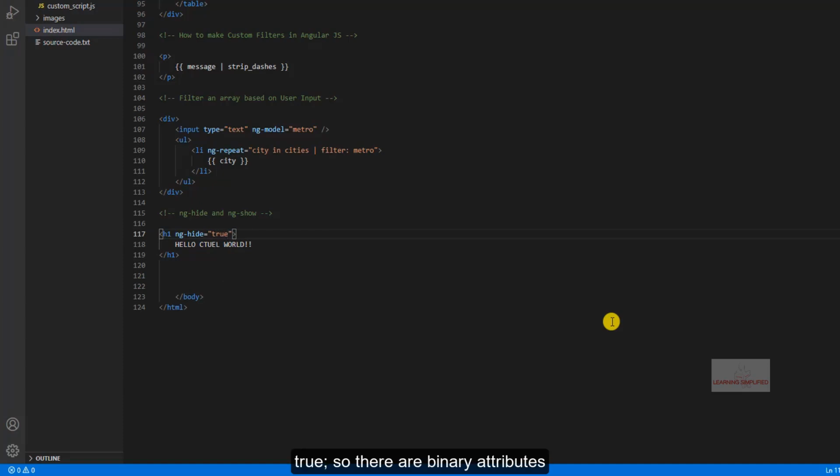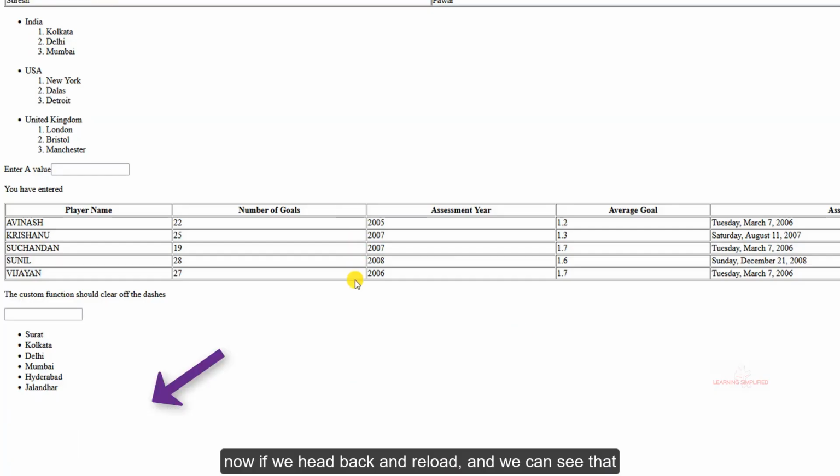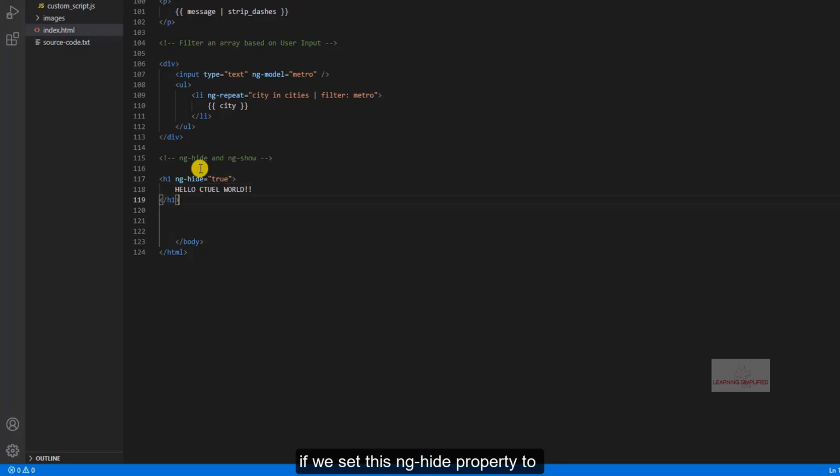If we set this attribute to true, so there are practically binary attributes that we can make use of. Either we may set this ng-hide directive to true or we may set it to false. If it is true, press Ctrl S. Now if we head back and reload, we can see that immediately the h1 element is gone. We cannot see it anymore. If we set this ng-hide property to false, press Ctrl S